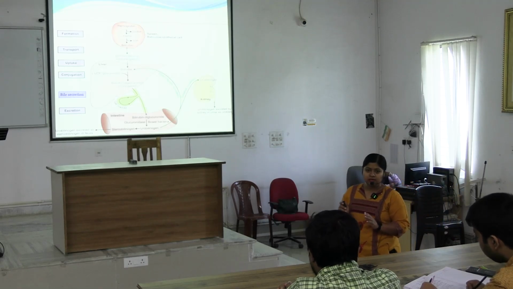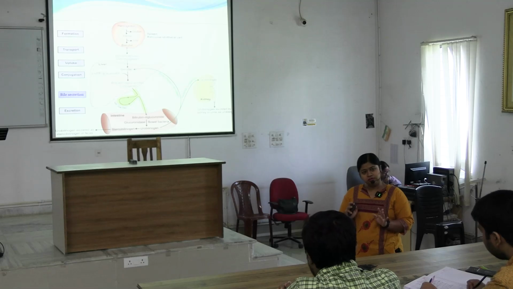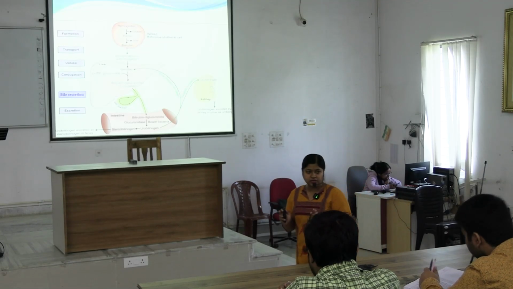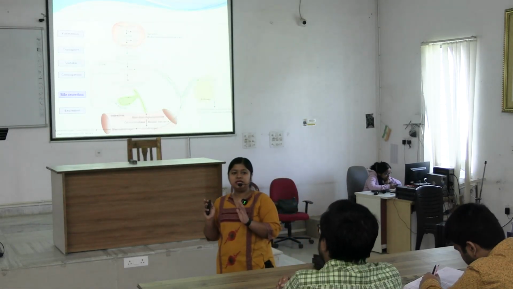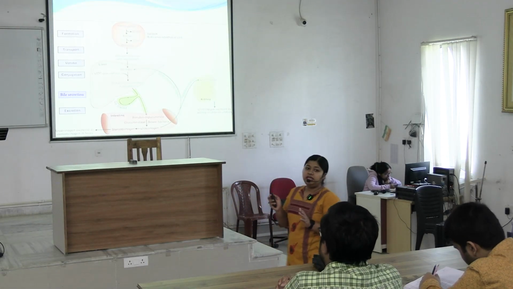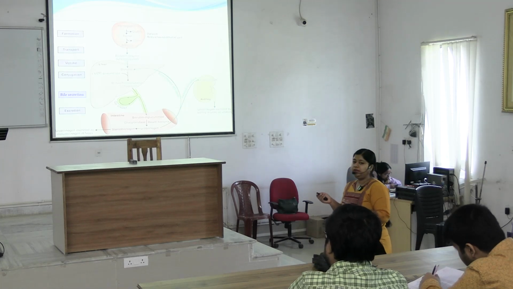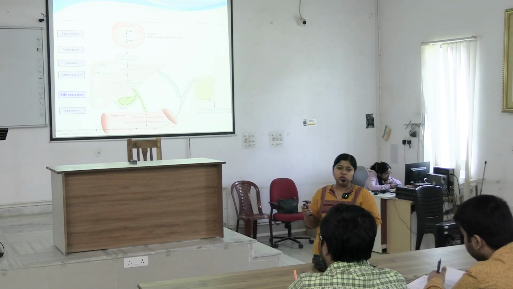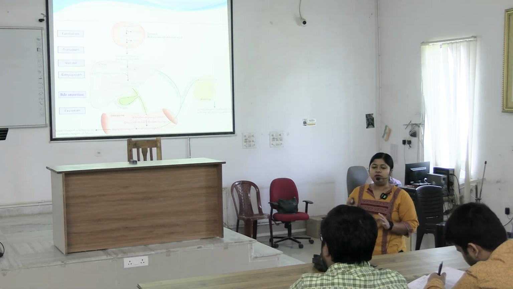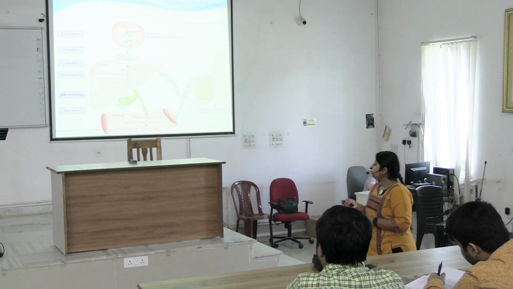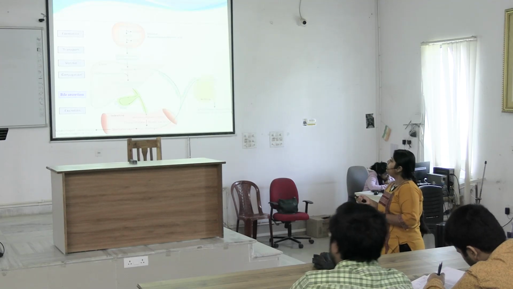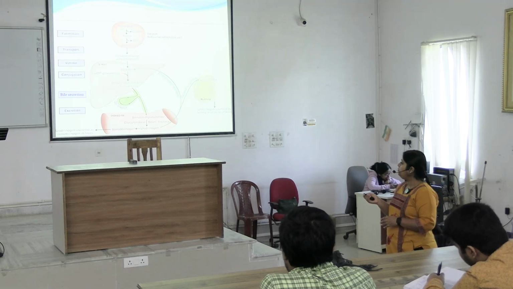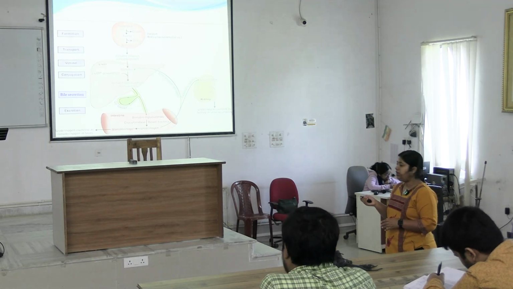Albumin is a serum protein. Albumin is present in maximum amount in blood, so among the serum proteins, albumin is the major protein. It will bind the bilirubin so that it is in a soluble form and can be easily carried. Carried to where? Carried to the liver. Here in the liver, this bilirubin, without the albumin, will be taken inside the hepatocytes.